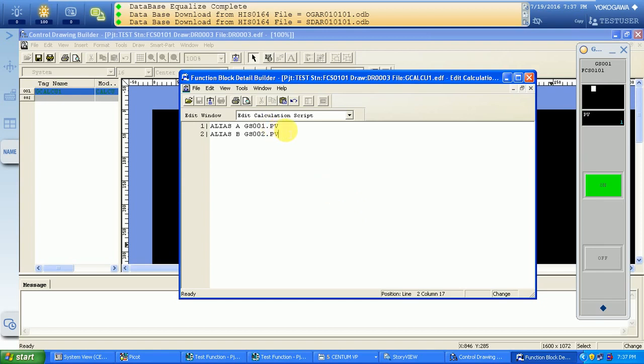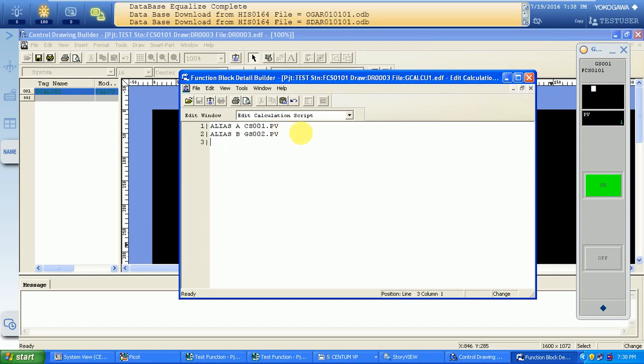Sorry, I just need to get the common switch, that is CS001.PV, because I just want to read the value of the global switch in the common switch, so I need to use the common switch tag name.